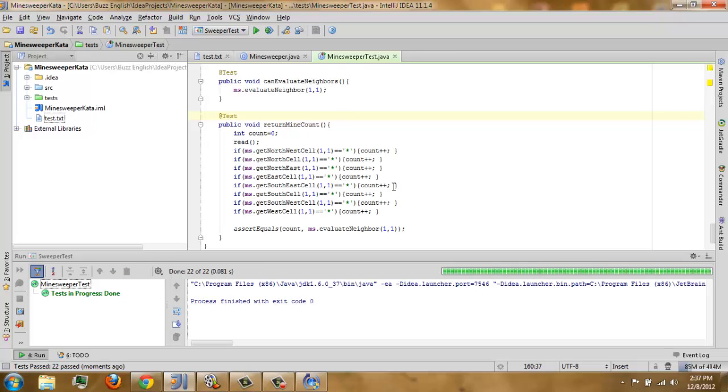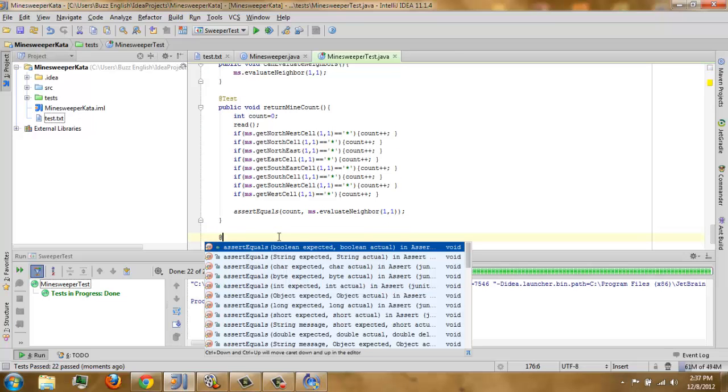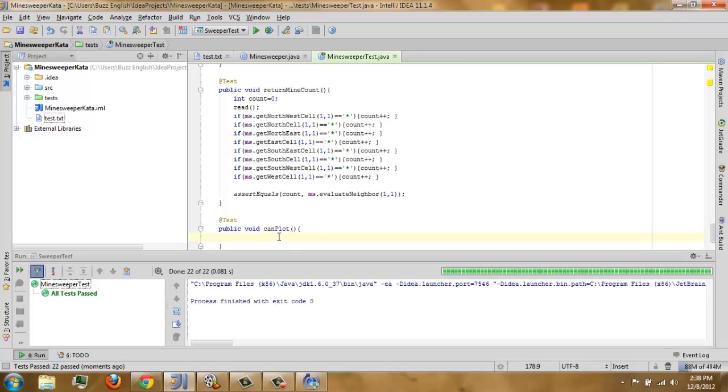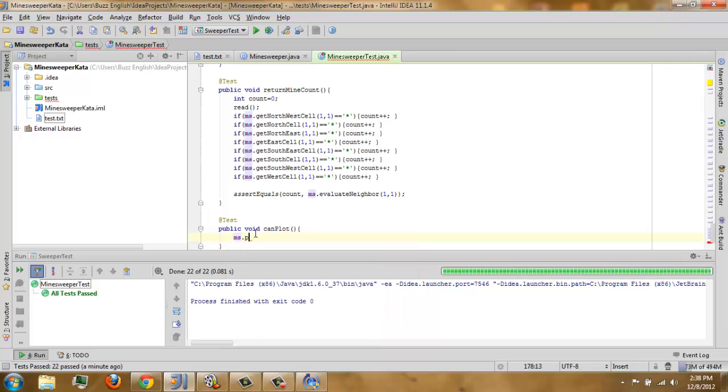And finally, now we can evaluate the neighbors of our cell. We will plot already. So what do we do with that method? Our dots will be solved already with this part. We will ask first if MS has a plot method.